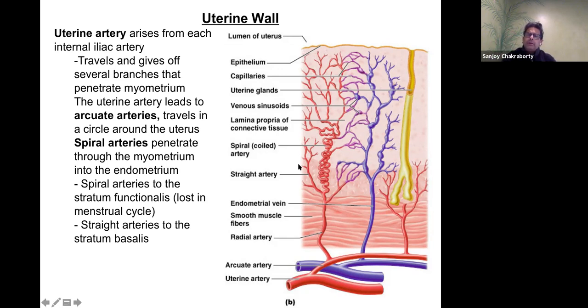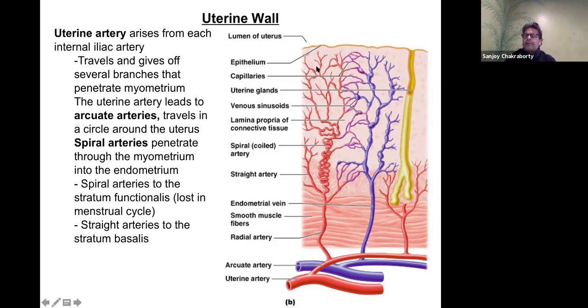So the bottom one is the basalis layer. The top one is the functionalis layer. In the basalis, this radial artery produces some branches called straight arteries. Because they appear straight, the straight arteries supply the basalis layer. And then the spiral arteries, because they coil more over there, supply